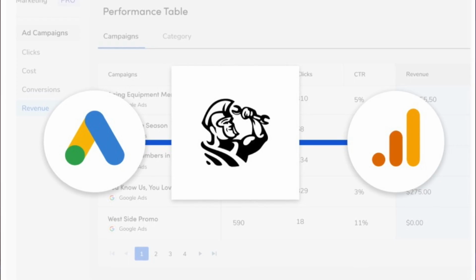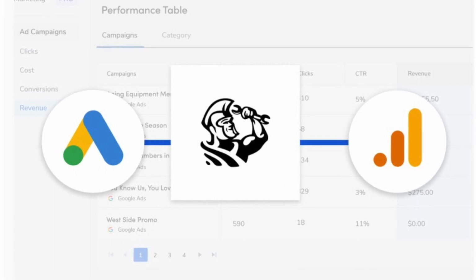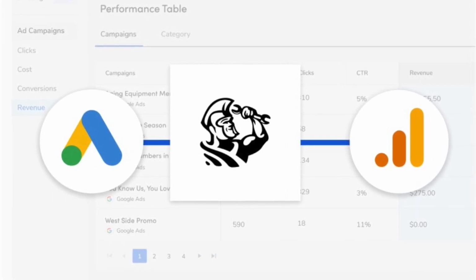So first of all, just to kind of lay a foundation here, with Marketing Pro Ads, your ServiceTitan account becomes connected with your Google Ads and Google Analytics account, meaning that information can now be passed back and forth between those two parties. Now, in order to understand the value behind Ads Optimizer, first we need to understand DNI, or